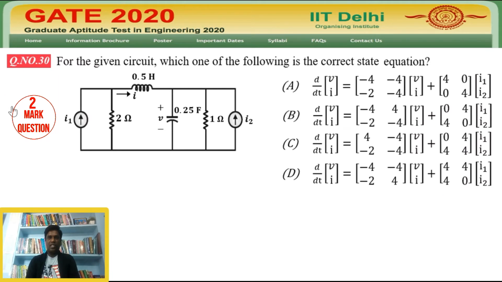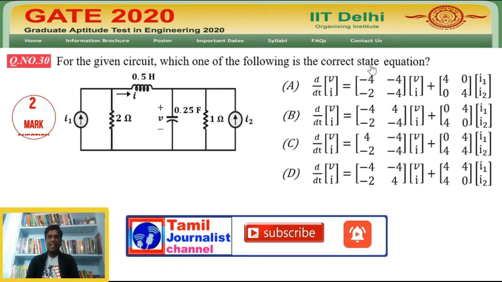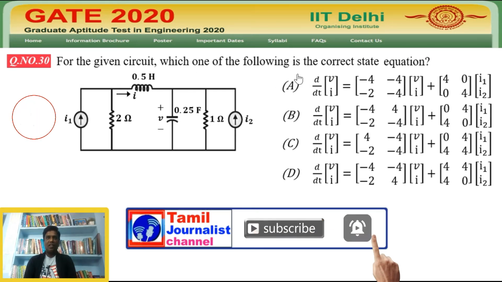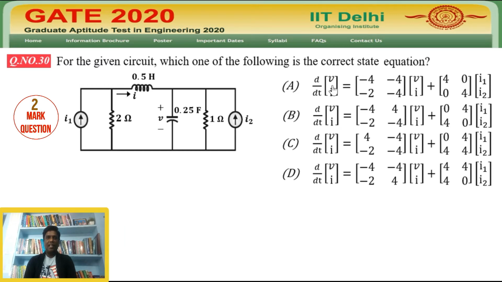Look at the third question. This is the 30th question of the GATE exam 2020 for the EC department question paper of the control system subject. The question is, for the given circuit, which one of the following is the correct state equation? The options are, option A is d/dt of [V, I] equal to [-4, -4; -2, -4] into [V, I] plus